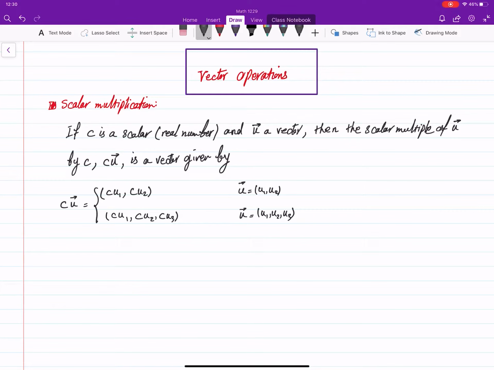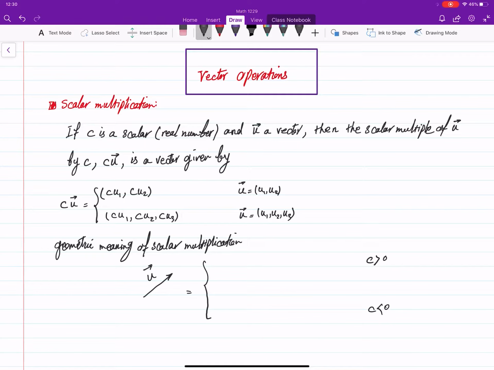But what about the geometric meaning of this thing? So the geometric meaning of scalar multiplication. Well, see, if U is a vector, CU is going to be another vector. But what will be different is when C is a positive number or when C is a negative number. If C is a positive number, and this is U,